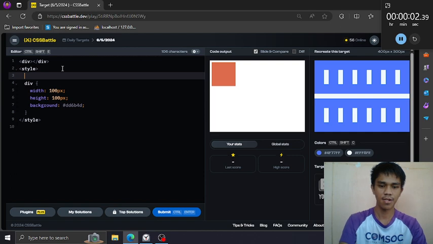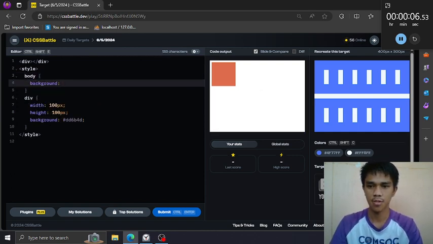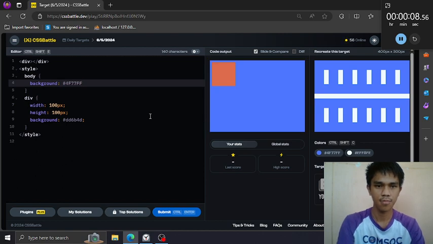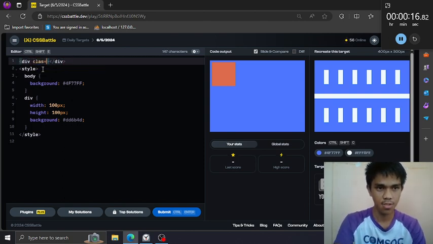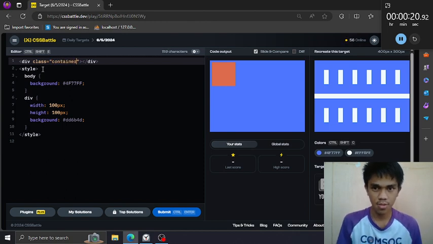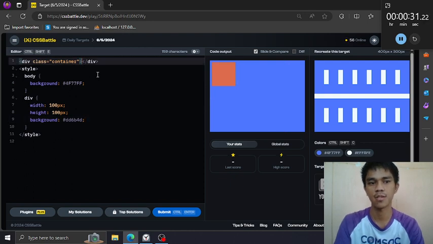First, the background. Then the container. This will be a container. Okay, and this container has, how many is this? 2, 3, 4, 5, 6 children. 6 children.